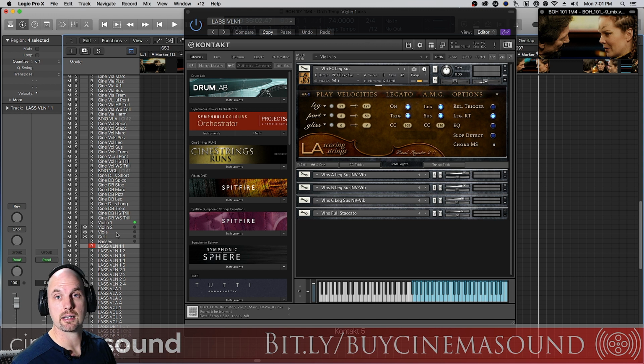Now underneath this, I've got the good old boys from LA Scoring Strings, which really allows us to create some beautiful sounds in divisi. So this isn't just legato 1, 2, 3, and 4. These are actually chairs of violins. So here's the first chair, 2 violins in the orchestra. Here's the next chair. The next couple of chairs. And the last few chairs. And when you put them all together,